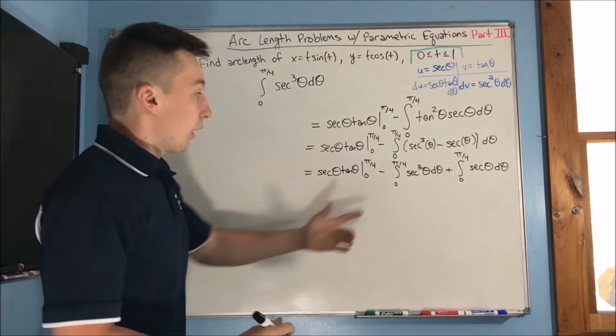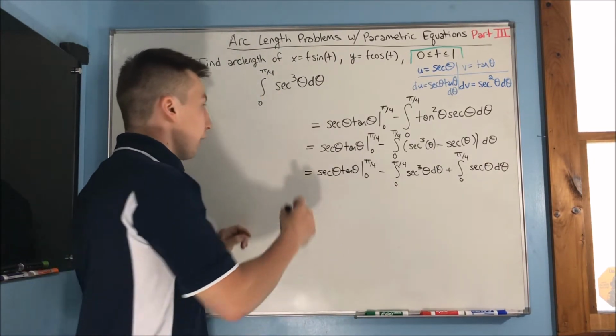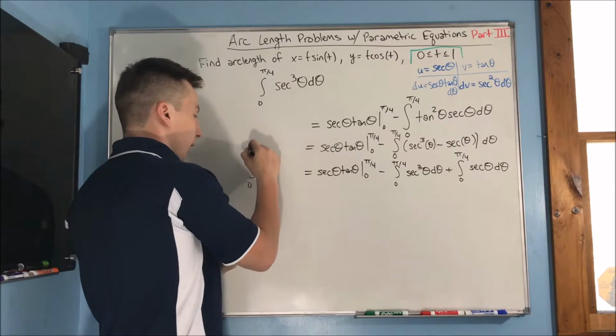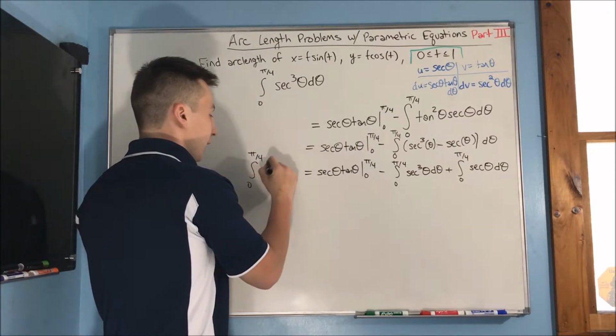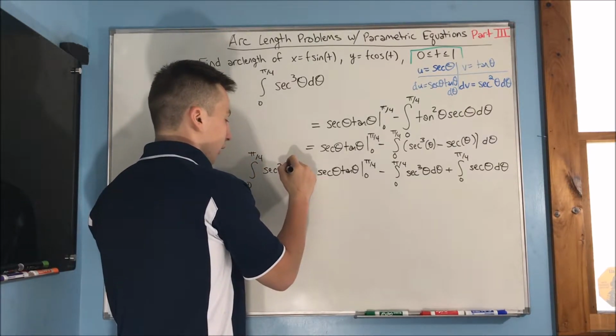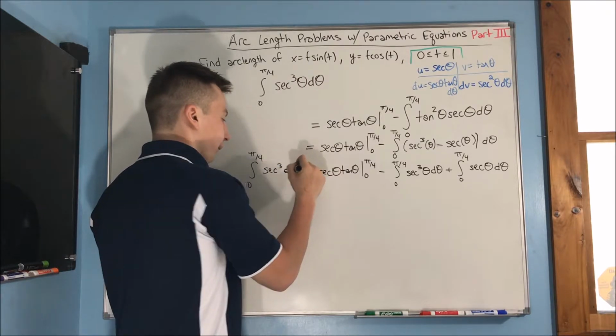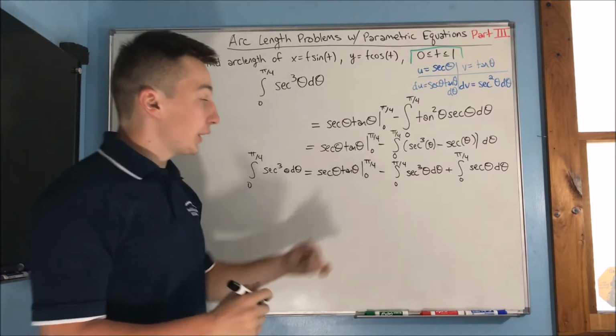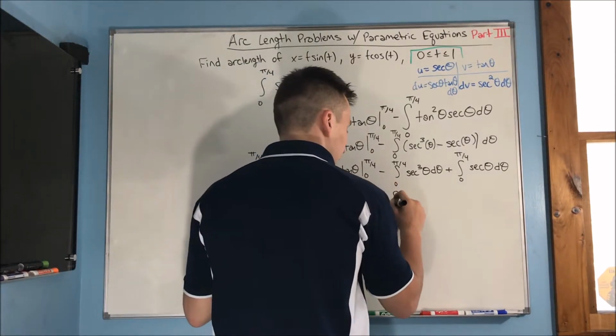Okay, so why did I do this? Well, we started out with the integral from 0 to pi over 4 of secant cubed theta d theta. So if I just add this over to the other side,